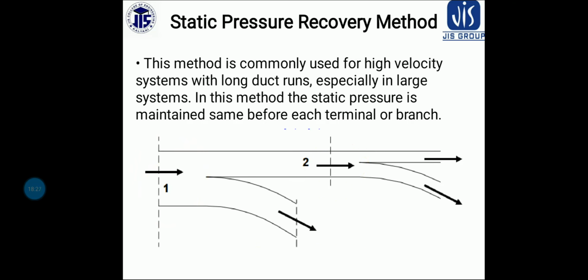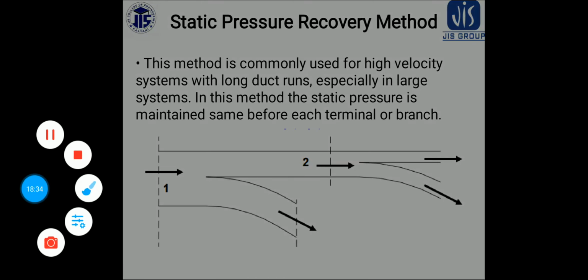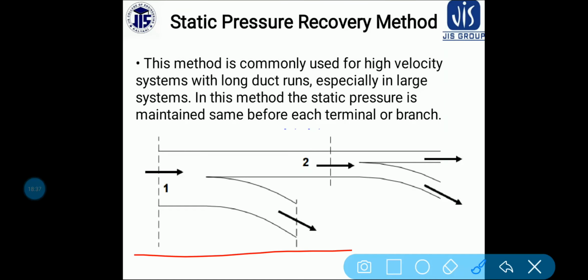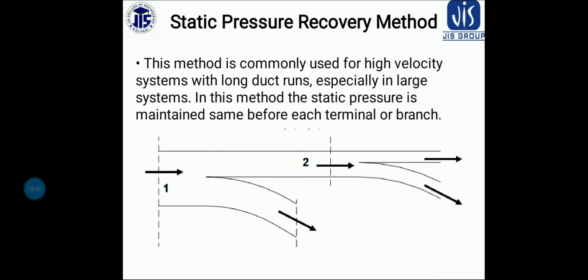With respect to the datum line, Z1 is the height of section 1 above the datum line, and this is Z1 and this is Z2. The velocity is c1 at section 1 and c2 at section 2, and we consider that this path is totally closed.